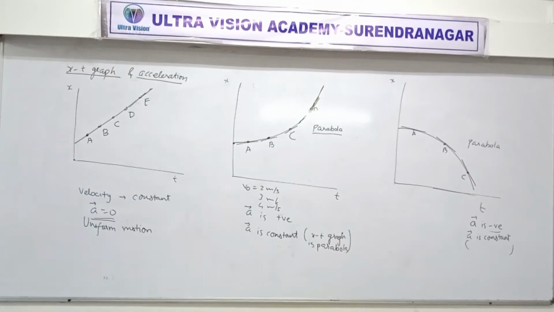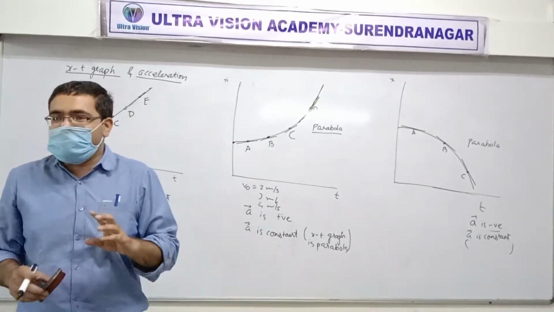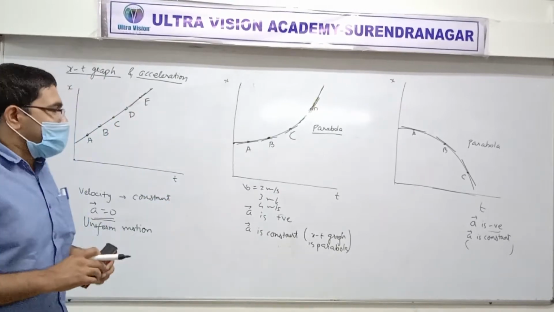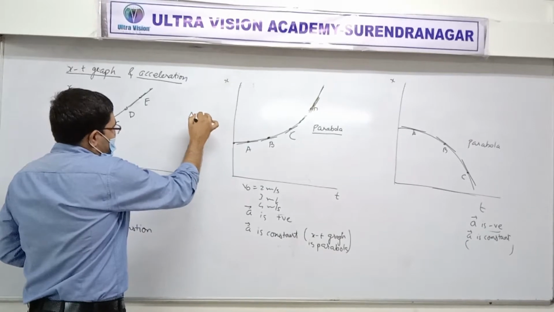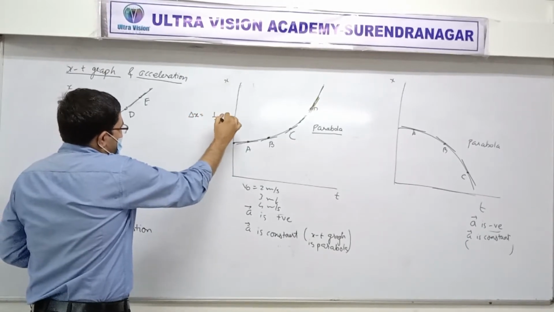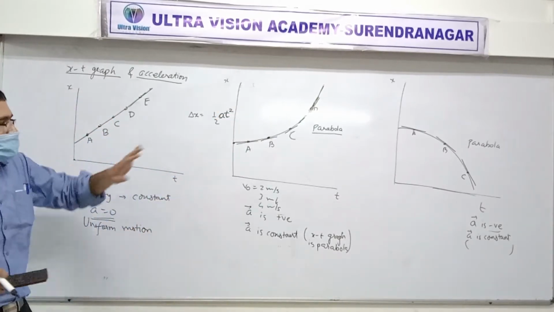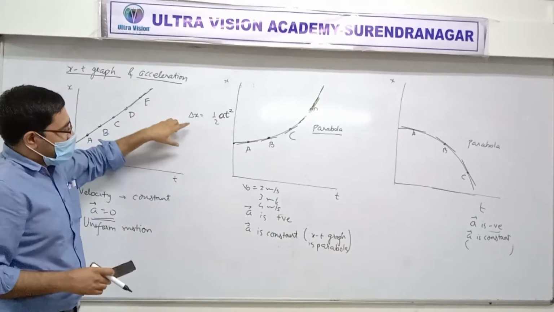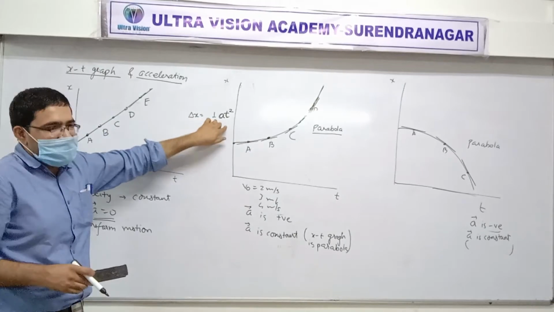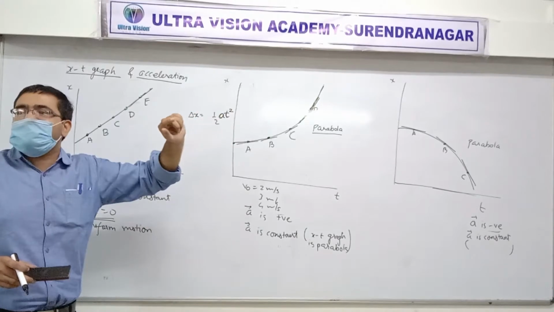Yes, Shantanu. Okay, why is it a parabola? That is, why does a parabola give constant acceleration for an xt graph? The answer actually lies in maths. Basically, whenever you have an equation of motion with constant acceleration, in the second equation of motion, the second term I will get is half a t square. So whenever you have an equation where one side there is no square, but the other side there is a square, that kind of shape will always be a parabola.